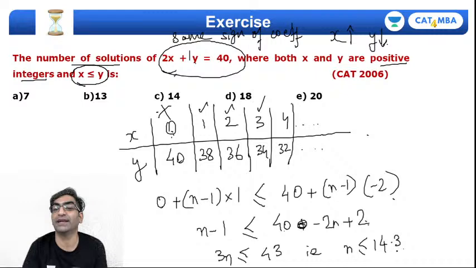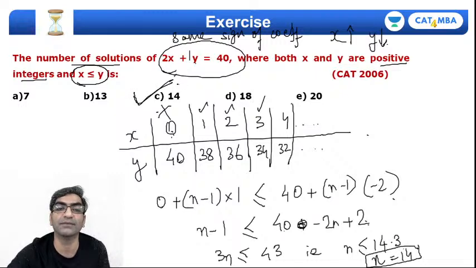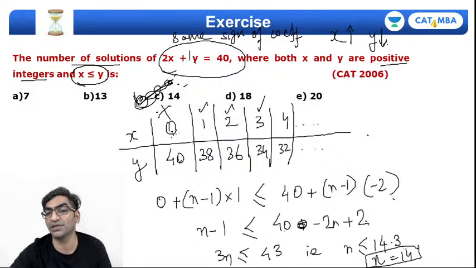तो कितने terms हुए? Integer value चाहिए ना मुझे, so clearly n will be 14. So how many terms do I get? I'll get 14 terms in the series. That's your answer, option C, है ना? एक बार test कर लेते हैं. 14th term क्या होगा? If the first term is 0, right? Second term is 1, right? Okay, wait. If the first term is 0, second term is 1, 2, 3, 4,